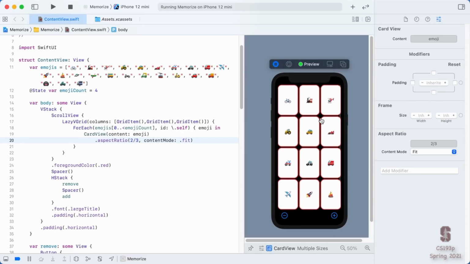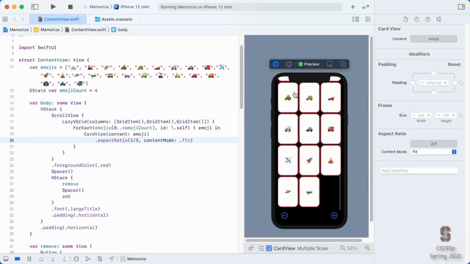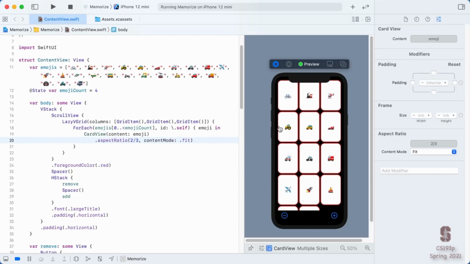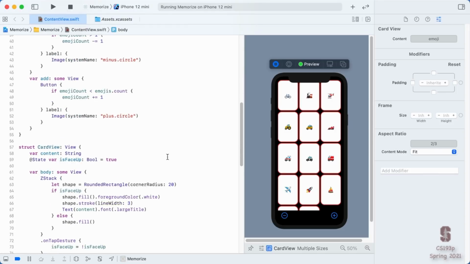This is looking really great. This is exactly what we want. Our cards are too big, so we can scroll around on them. But I actually notice a small problem here, which is that our card is getting slightly cut off. This scroll view cuts off anything that doesn't fit in the scrollable area, and it's cutting the edges of our card off.